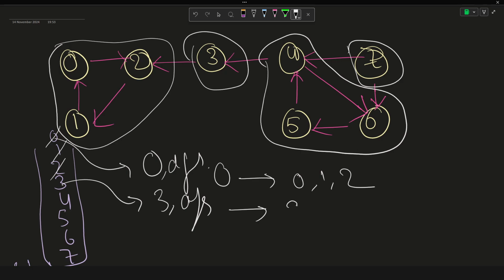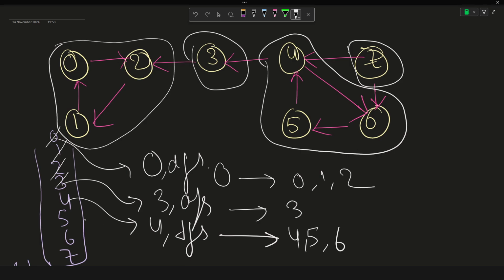So from 3 we can only go to 3, and then the top of the stack contains 4. After starting the DFS call from 4, we can go from 4 to 6, then from 6 to 5, then from 5 to 4, right? So by starting from 4, we will be visiting 4, 5, 6. So 4, 5, 6 is visited now too,